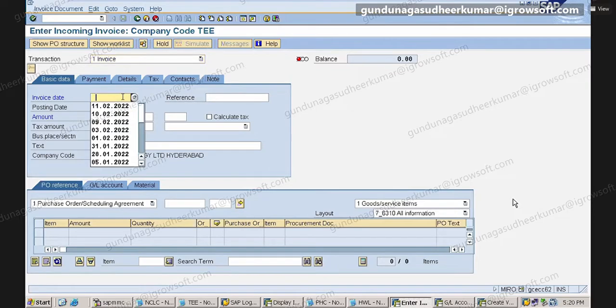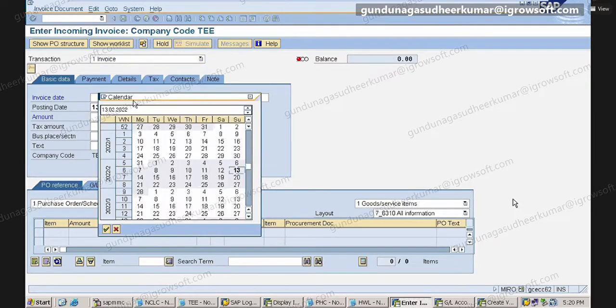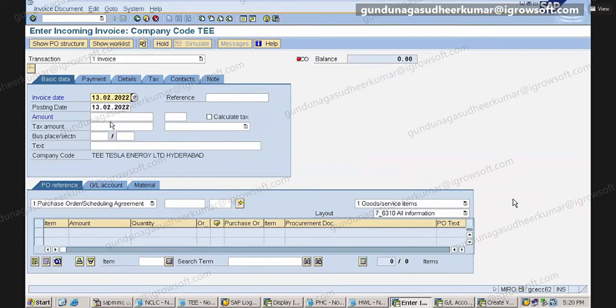Give the invoice date. The amount, how much is it? 10,000. Then the purchase order number. What is my purchase order number? 246.